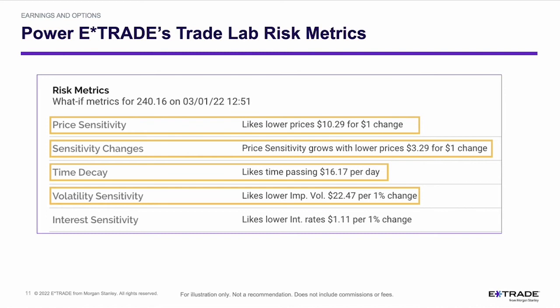But the real mover of this trade is not price or time. The real mover of the trade is going to be the volatility sensitivity, or that vega contraction that we talked about. And it likes lower implied volatility, $22.47 for a 1% change. So again, if we're looking at McDonald's contraction of volatility from its current levels, where it's at 126%, so it's extremely high in its 52-week range, if we think that volatility is going to contract, if it's just going to settle down a little bit, and price is going to stay more in a defined range,